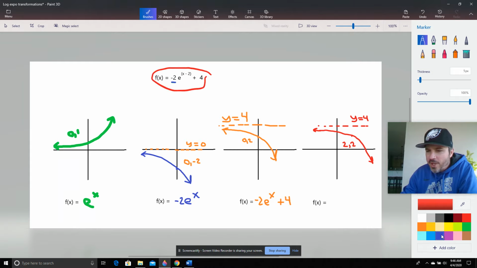So then from there, all we have to do is state the domain and range. Well, the domain is everything, right? So the domain is everything. The range is from negative infinity, but then it stops here at 4, and the